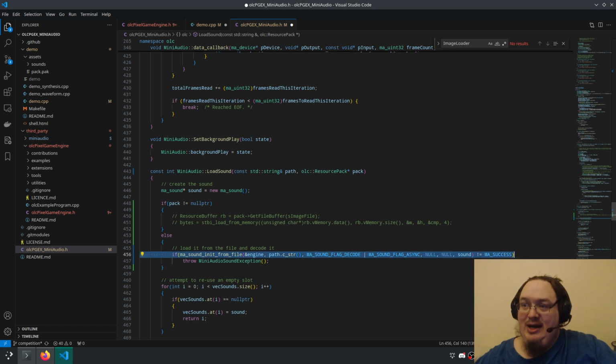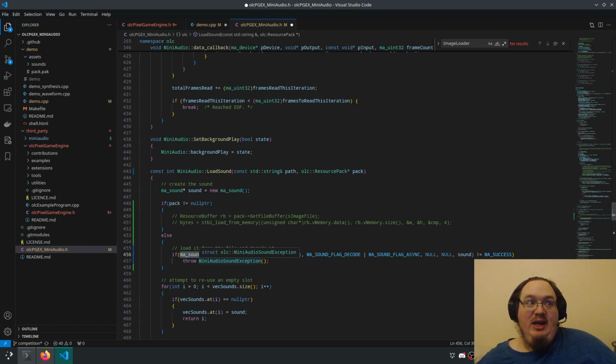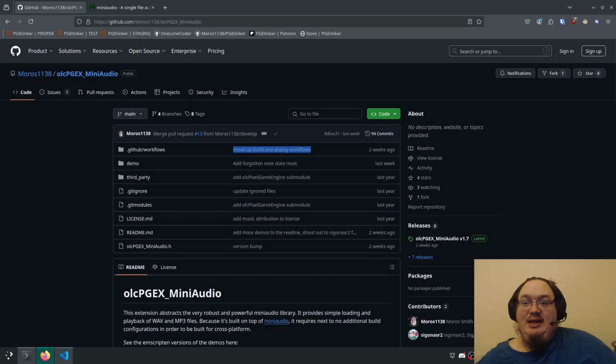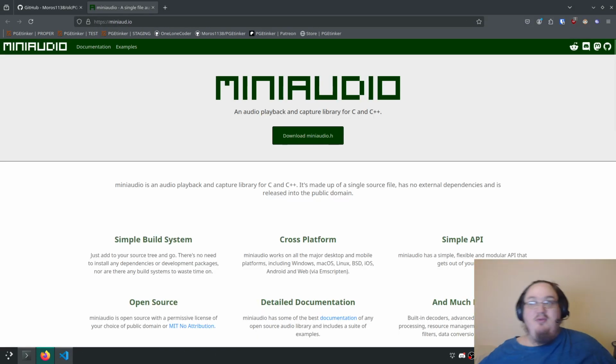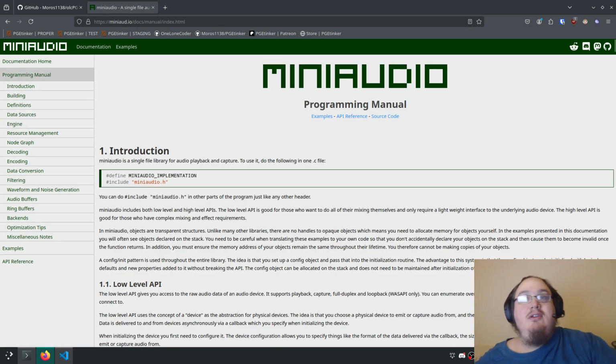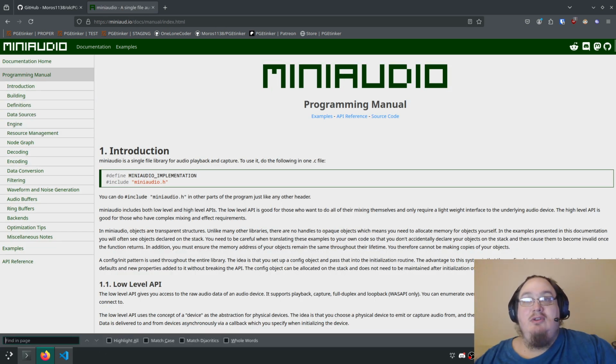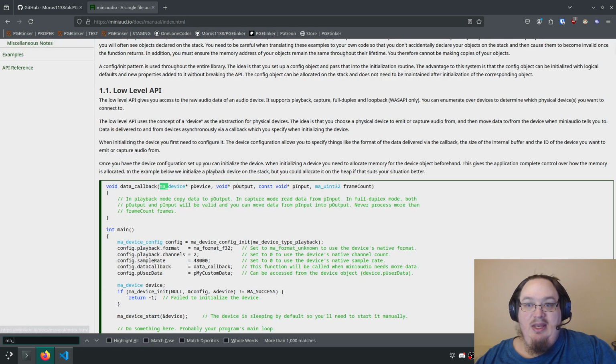Okay, so now I need to look at the documentation and see how we load sounds with miniaudio. Time to read the docs. All right, so go ahead and look for a sound.